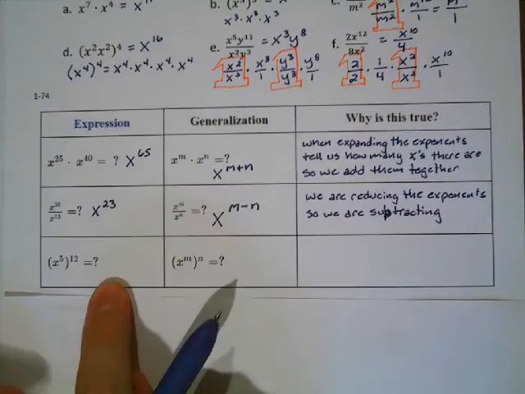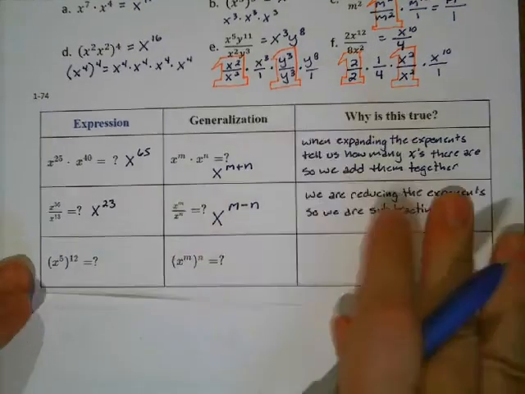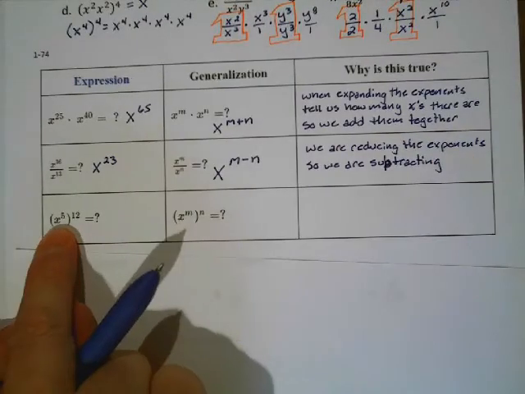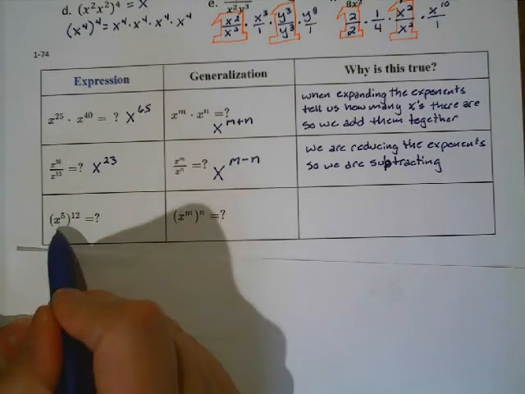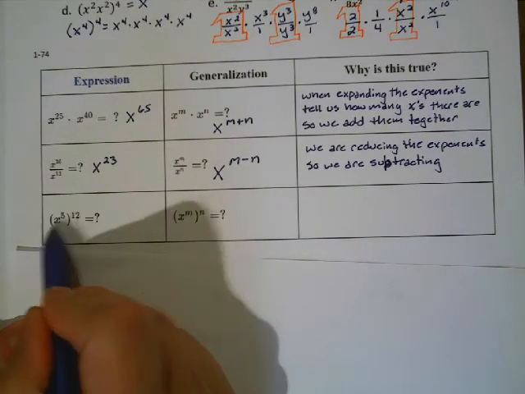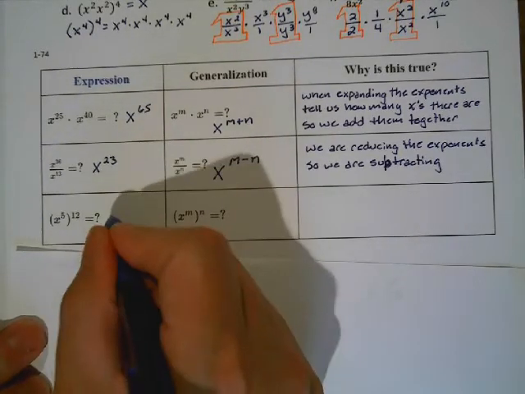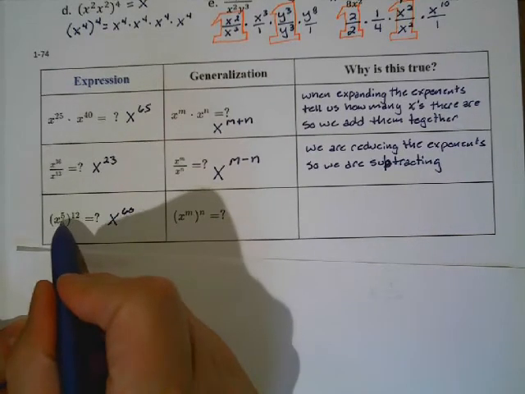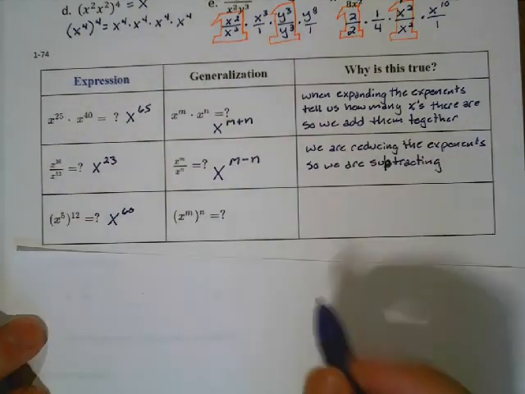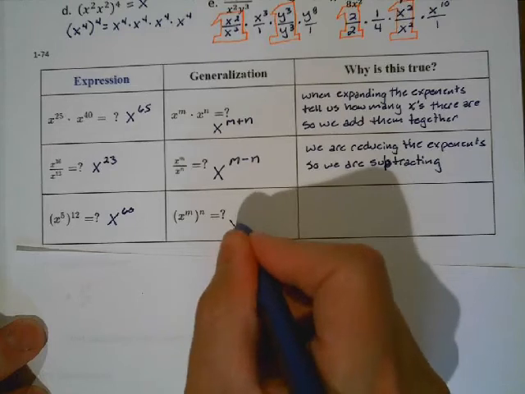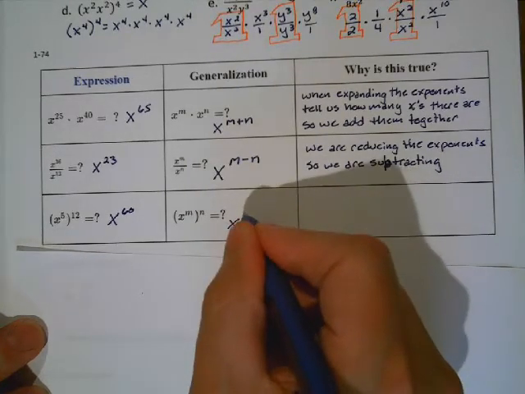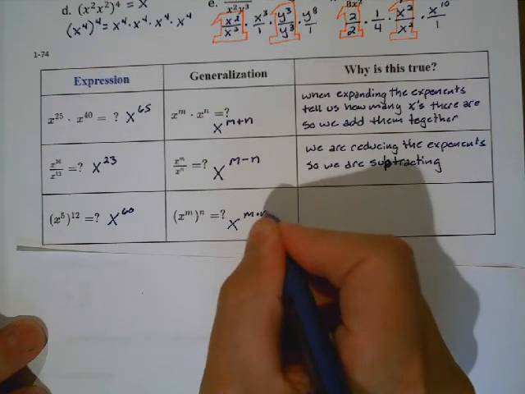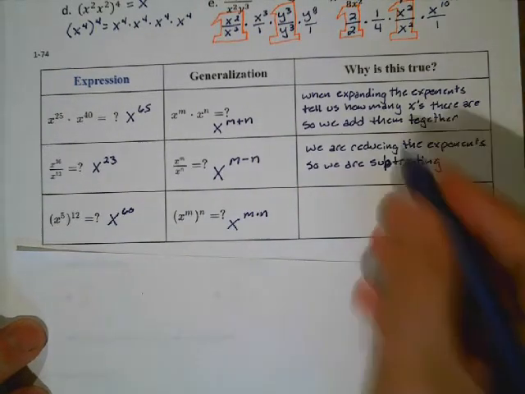All right, last one. These are called powers of a power. And we talked about this one: this means that there are 12 x to the fifths. So this is telling me how many times I'm going to have x to the fifth. So in this case, I would have 60 of them. So this one out here is telling us how many times. That's multiplication. So this is going to be x to the m times n. So a power to a power